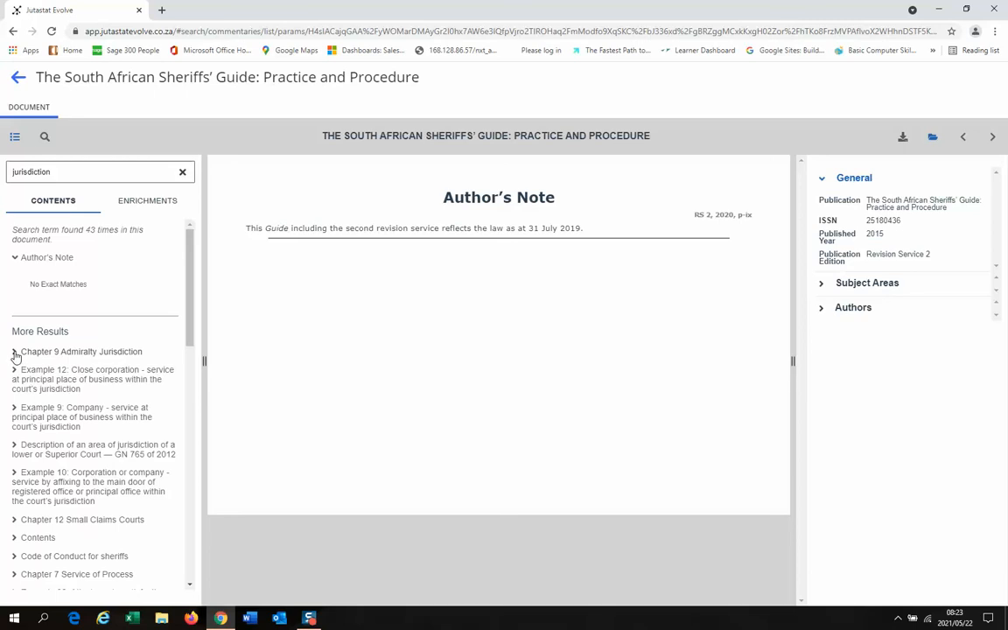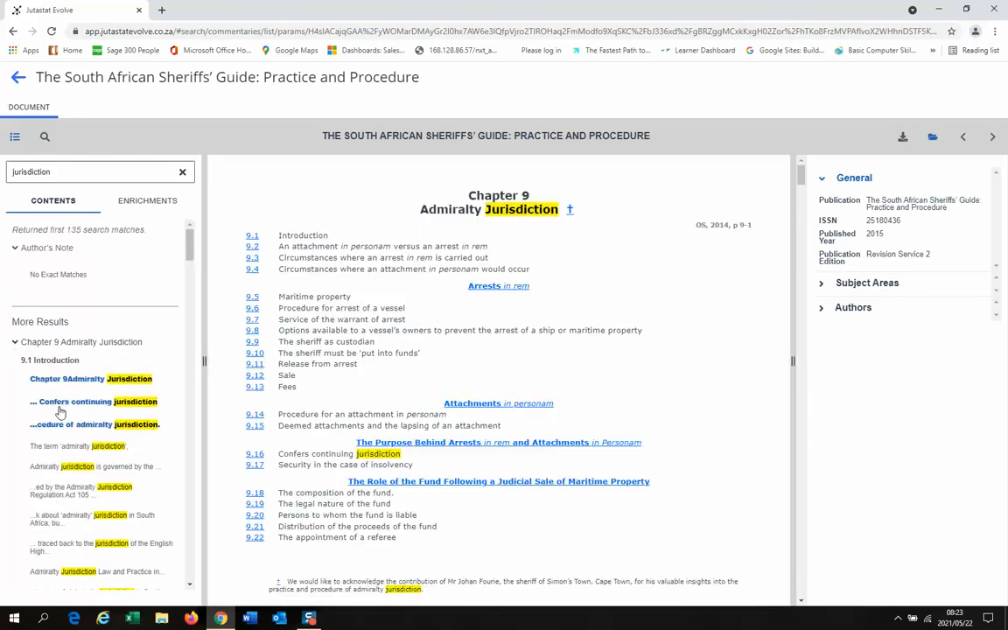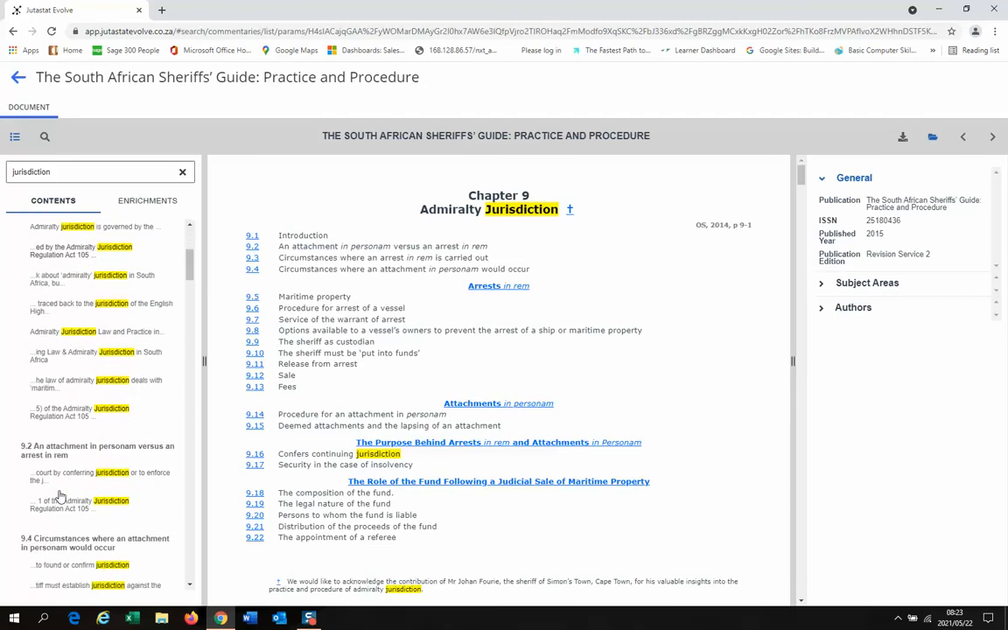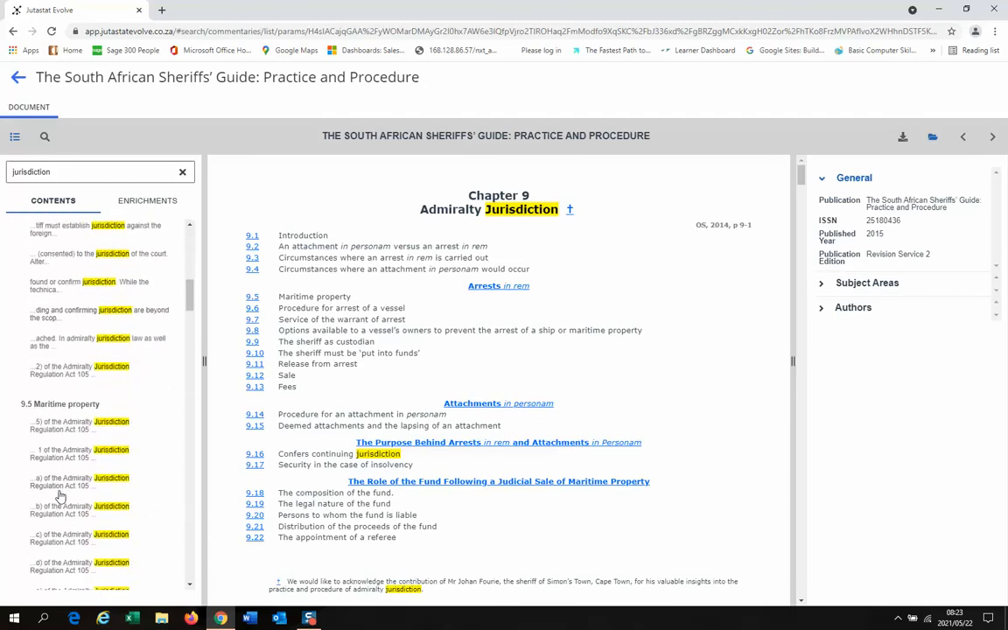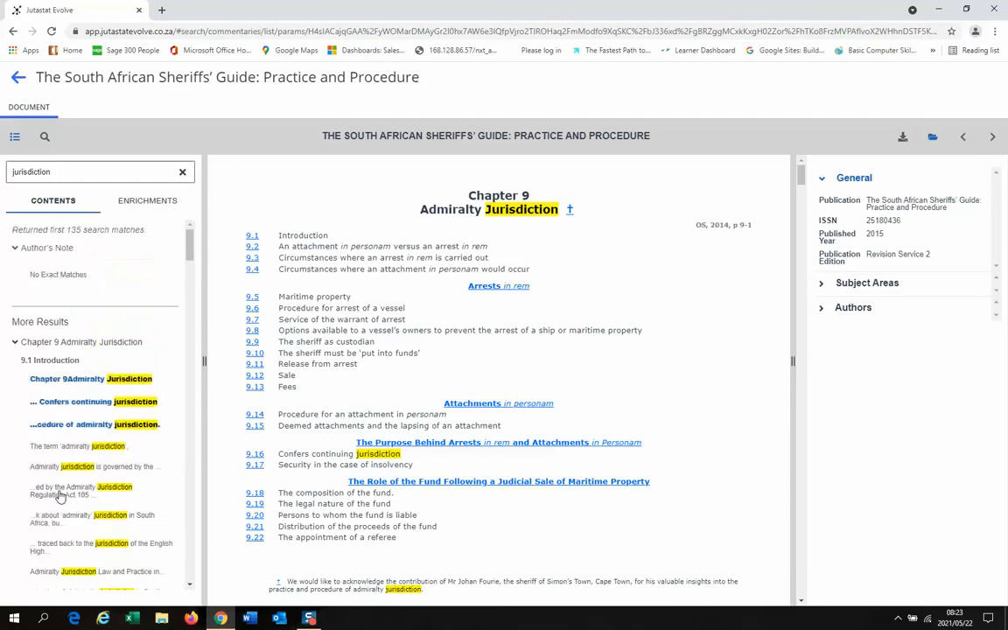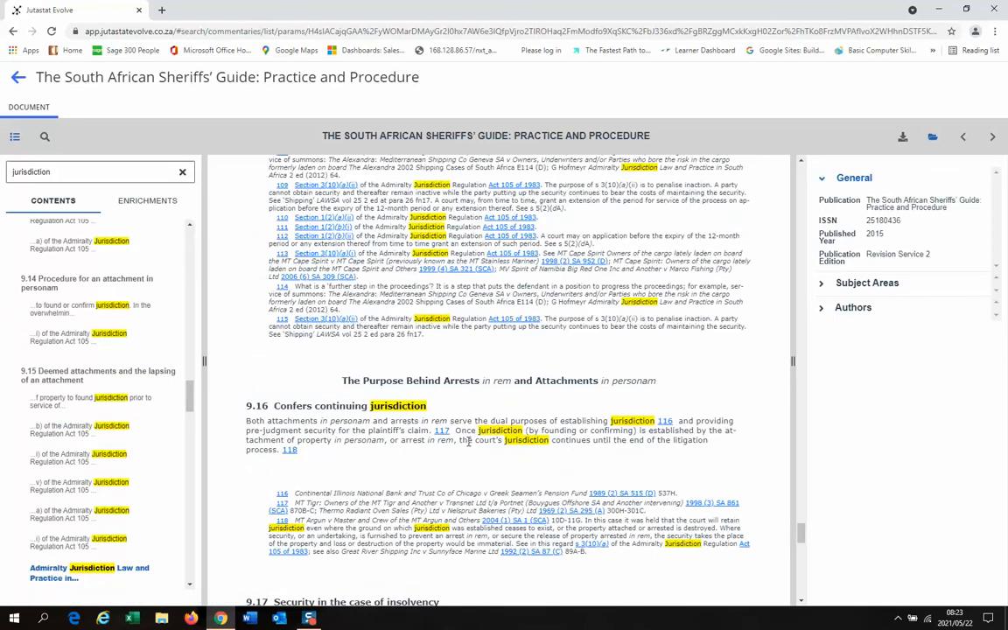I could now click next to the little arrow next to chapter 9, for example, and it now shows me throughout this chapter where the word jurisdiction has come up in this specific chapter of the guide. In the center of the screen, I can open up any of the documents. So the purpose behind arrests in RIM, click that link